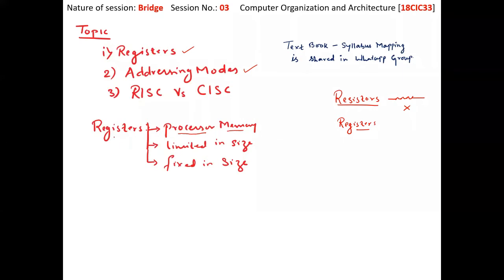Now, why do we call such memories registers? We wouldn't call our general notebook that, right? When a teacher comes inside the classroom and starts noting down the attendance of the students, it will be noted in a register, not in a notebook. A notebook is of general purpose. So it is like a memory.